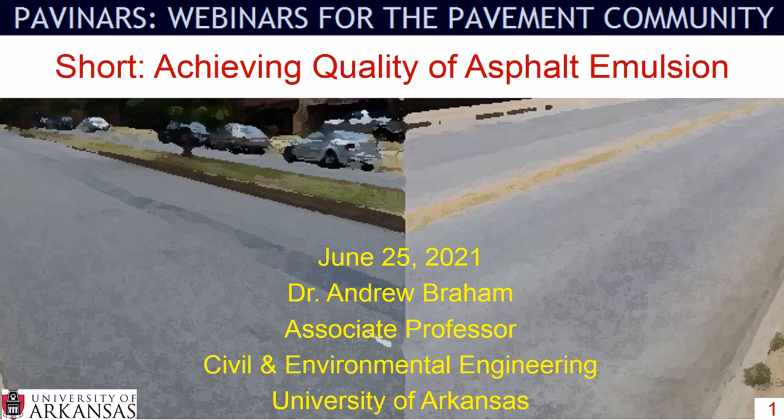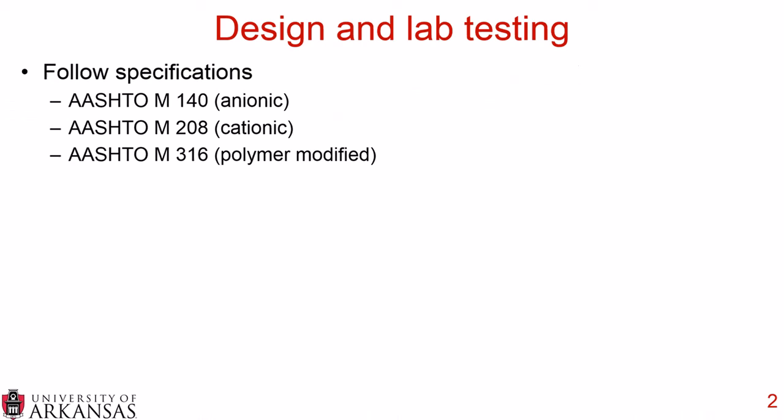Today we'll briefly talk about achieving quality of asphalt emulsion. At the very beginning, in the design of the asphalt emulsions and any lab testing with the asphalt emulsion, it's very important to follow specifications. And this includes AASHTO M140 for anionic asphalt emulsions, AASHTO M208 for cationic asphalt emulsions, and AASHTO M316 for polymer